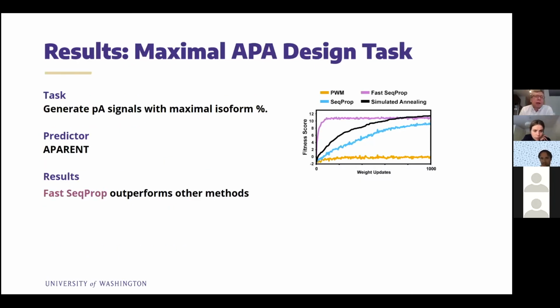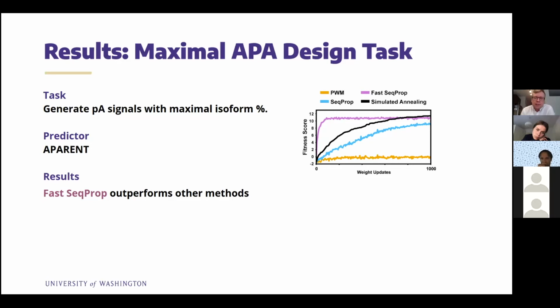And here, I'm showing you the results of generating poly-A signals with maximal predicted isoform proportion according to the APARENT predictor model. And in the plot I'm showing on the right here, we're comparing 4 different design methods where they're all initialized with some random start sequence.